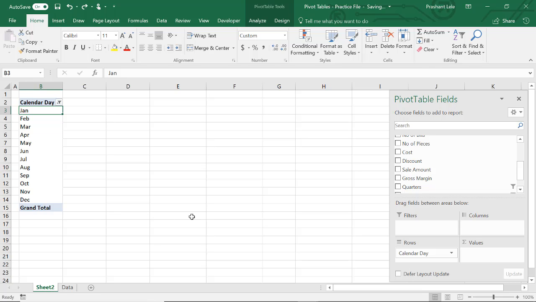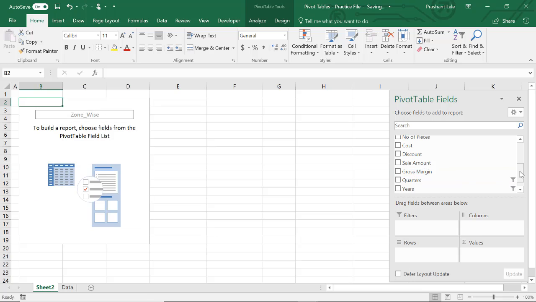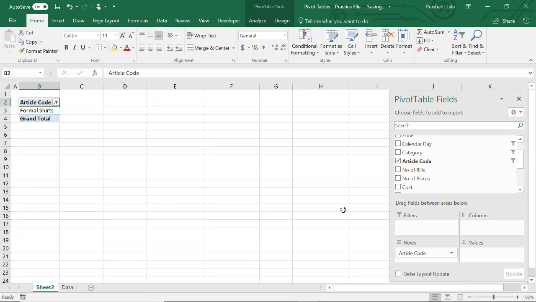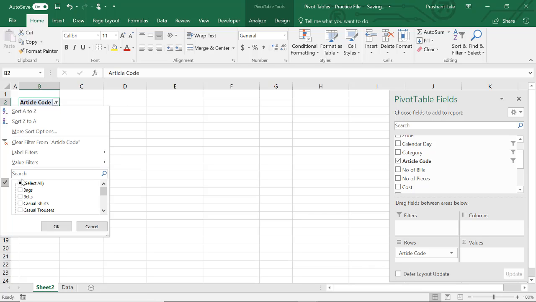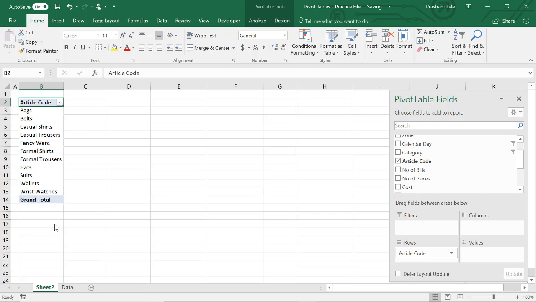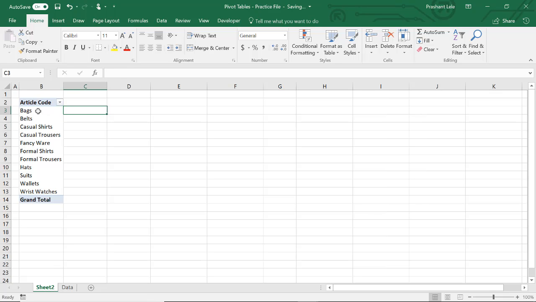If you want to group manually, suppose I am removing the calendar day and putting article code. See, this many articles are there. If you want to group them, you can do so by selecting each one of them by pressing Ctrl.